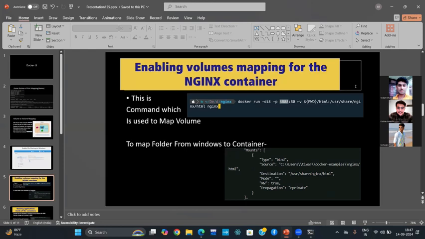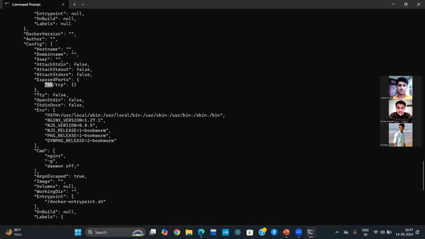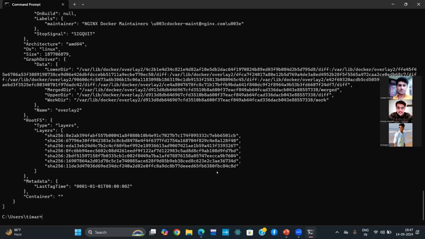बिल्कुल। सो इनेबलिंग वॉल्यूम्स मैपिंग फॉर nginx कंटेनर। तो सबसे पहले मैंने बिना बताए पहले ही से डॉकर एग्जांपल्स नाम से एक फोल्डर क्रिएट किया हुआ है।